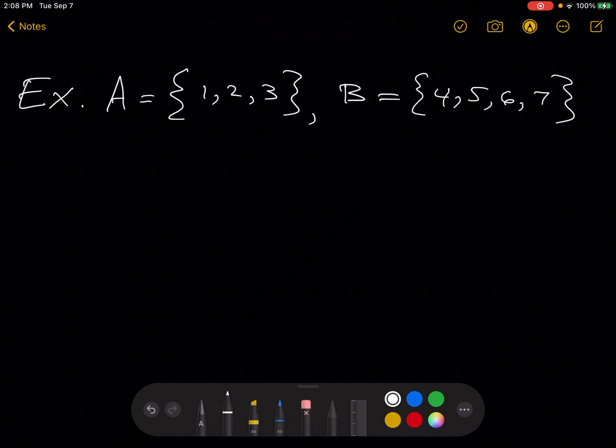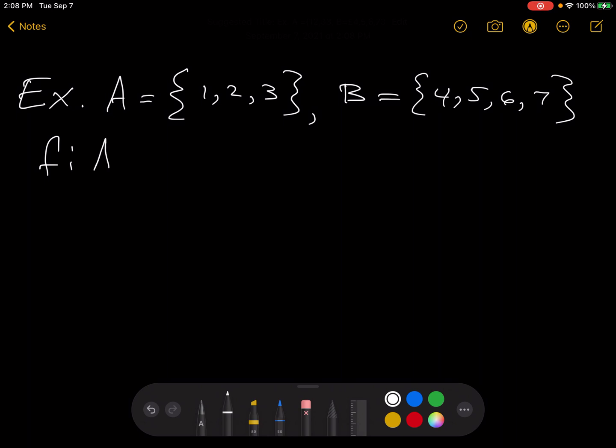Here we have the set A that contains the numbers 1, 2, and 3, and the set B, which contains the numbers 4, 5, 6, and 7. And now let's suppose that we're given a relation f from A to B, given by the set of ordered pairs f, which equals (1, 4),